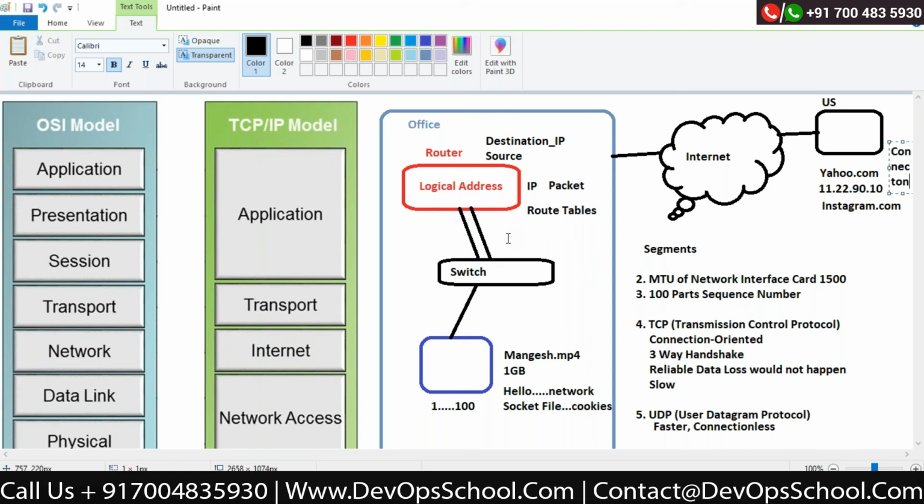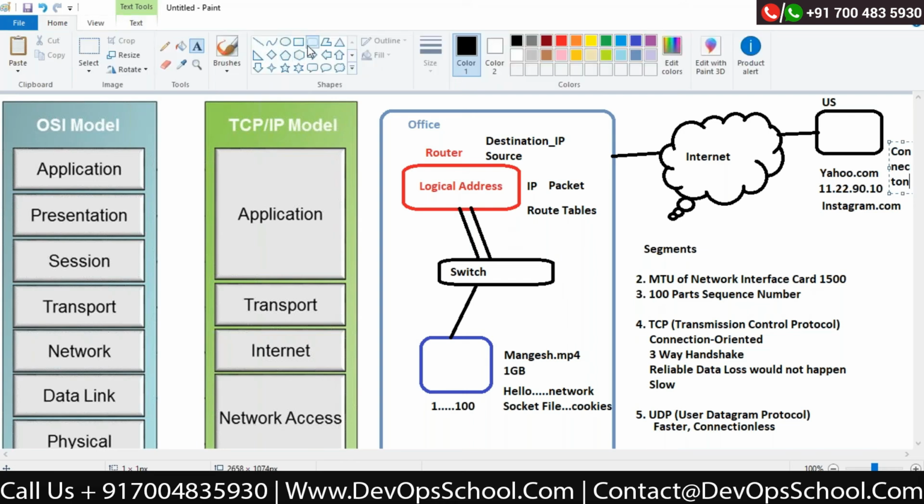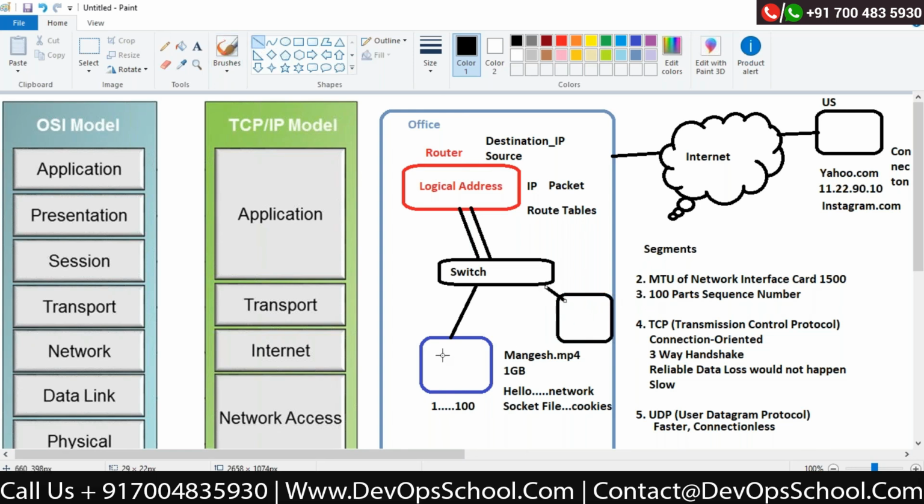Okay, I will give you a very quick and very simple example. Let's say I do have two computers connected to the same switch. Okay, same switch. I have two computers connected to the same switch, and I am also sending this movie file from this computer to this computer.